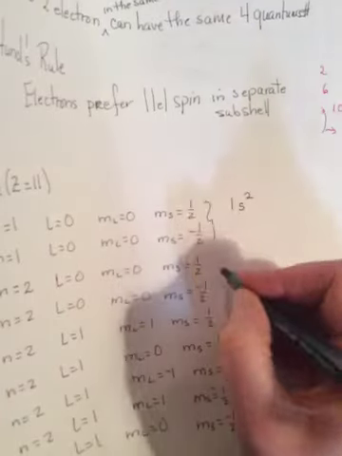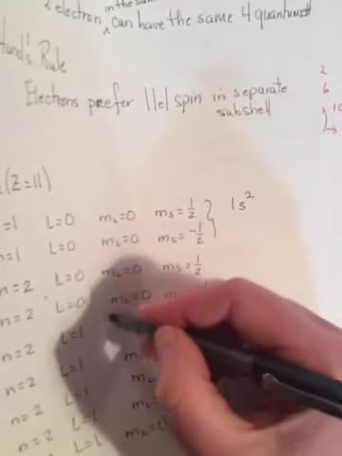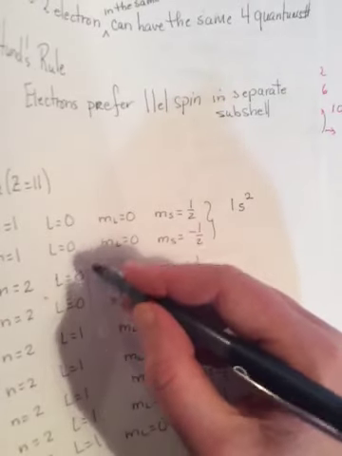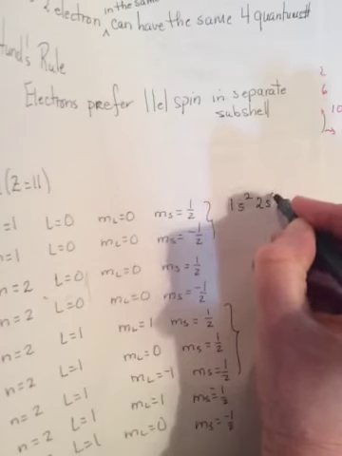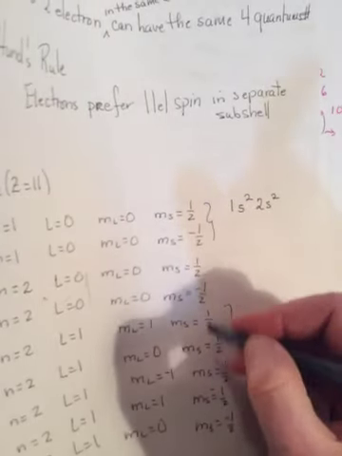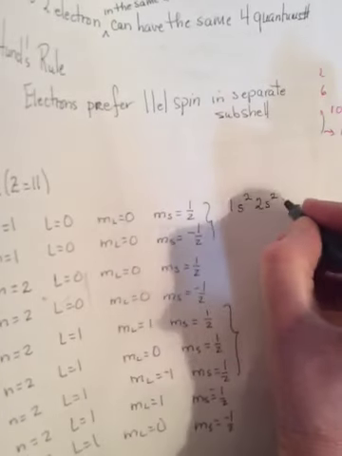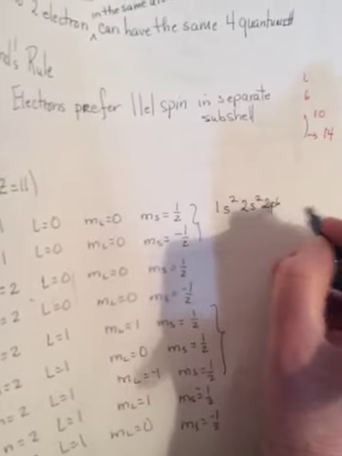That's these 2. Actually, the next 2 are in the n equals 2, L equals 0. So it'd be 2, S, 2. Now the next 6 are in the 2P, because L equals 1. So 2P6. And then the last one is in